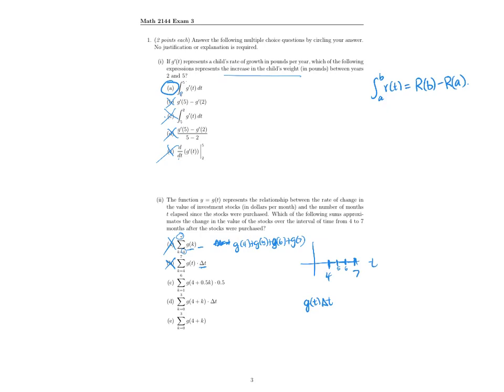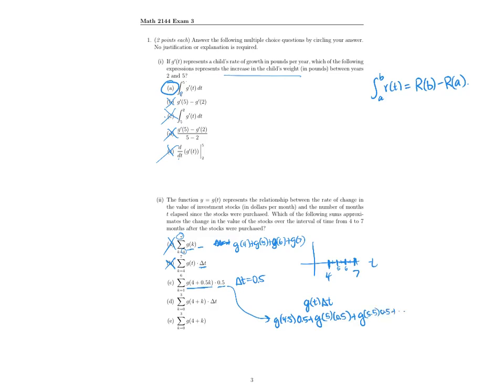This next one looks interesting because I'm evaluating the rate function, and then I'm multiplying by what looks like a delta t equal to 0.5. Okay, so let's think about that. If that were 0.5, then I'm dividing it into rectangles of width 0.5. And so let's see what happens when I plug in different values of k. If I plug in k equal 1, that'll be g of 4.5 times 0.5 plus g of, if I plug in k equal 2, I'll get 5 times 0.5 plus g of 5.5 times